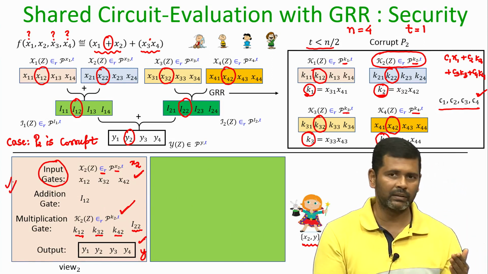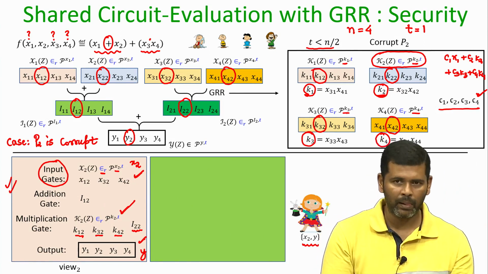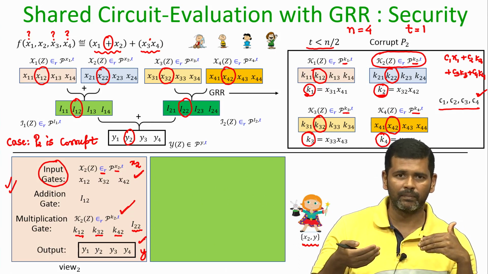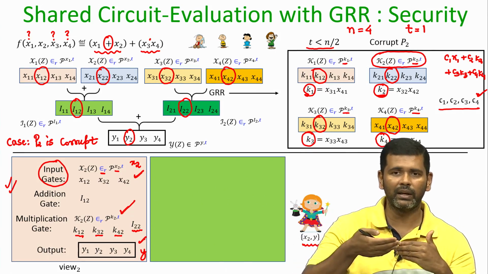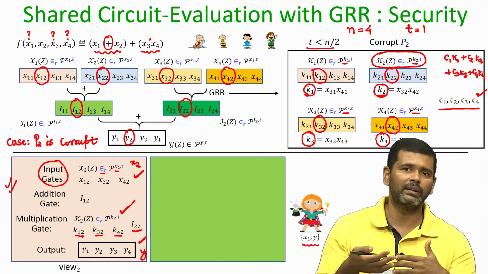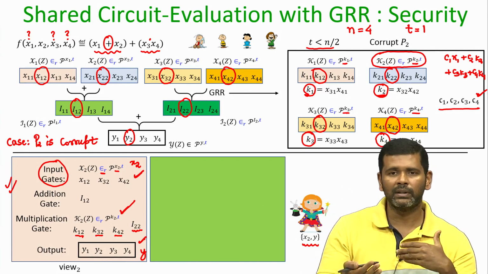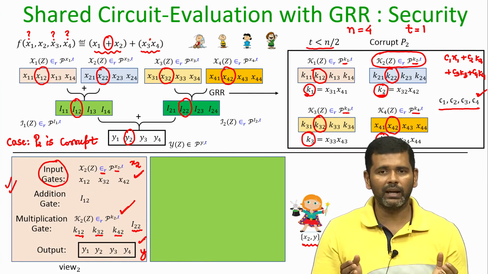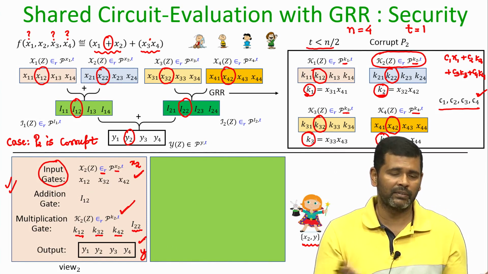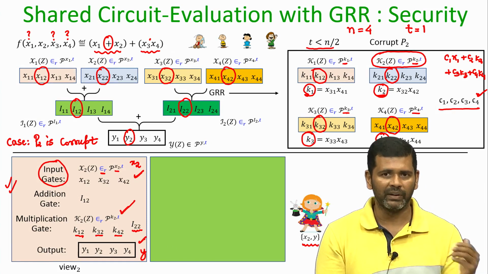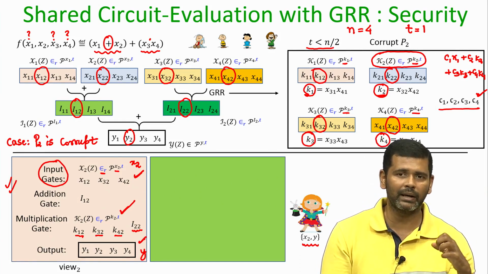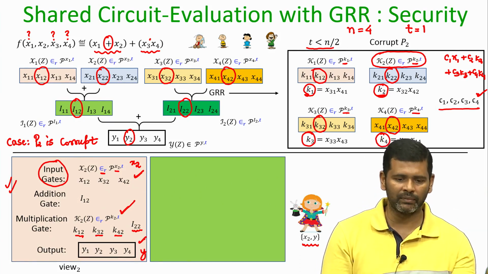by participating in the MPC protocol is of no use, because only when communication happens from the honest parties and the adversary sees those communications, then only there is a possibility that something about the inputs of the honest parties is revealed. Because if no communication happens among the parties, then my protocol will be definitely secure, and if somehow we can compute a function output. We have to argue that whatever communication has happened from the honest parties to the bad guys, that is of no use to the adversary.